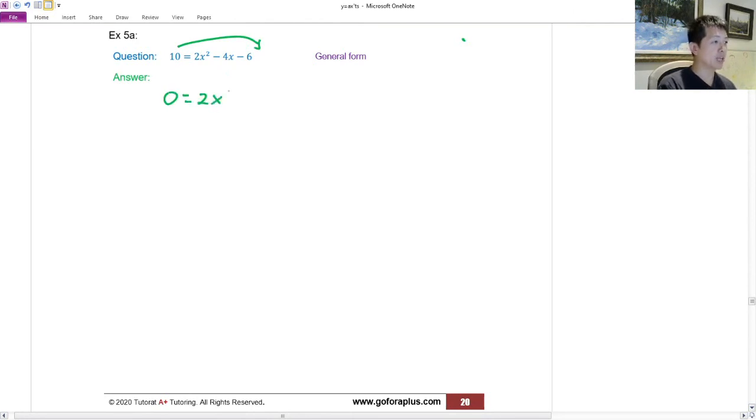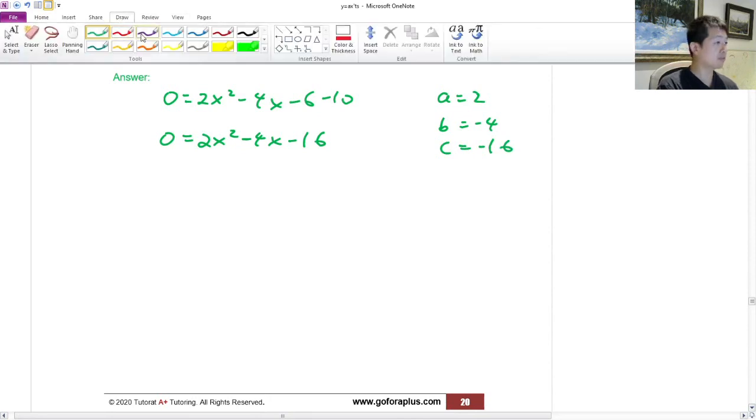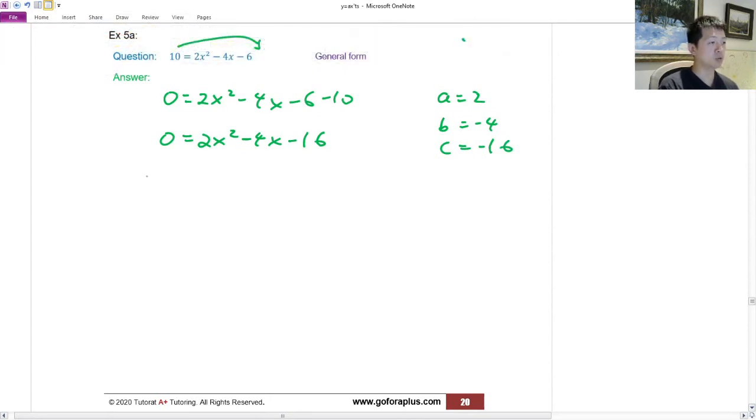2x squared minus 4x minus 6 minus 10, and this is going to be 2x squared minus 4x minus 16 equal to 0. And then my A is 2, B is minus 4, and C is minus 16. I'll use the quadratic formula. You can factorize if you want, but I'll use the quadratic formula in this case so that you can practice